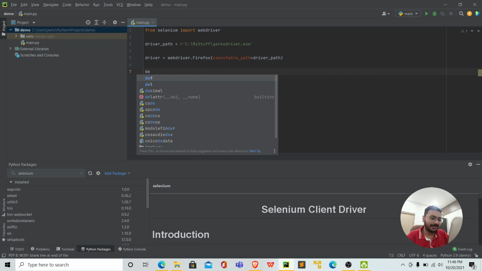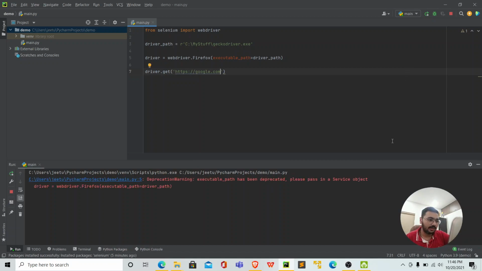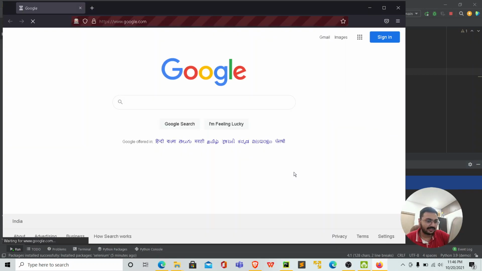And then finally, let's just get one of the URLs so that you also see things are really working. So let's go for https google.com, and then we'll just click on run. It is giving me some deprecation warning, but that's fine, you can ignore that for now, and you have to wait for a while. And yes, it has started up, and it has loaded up, and it is working totally fine. So this is how basically it works.